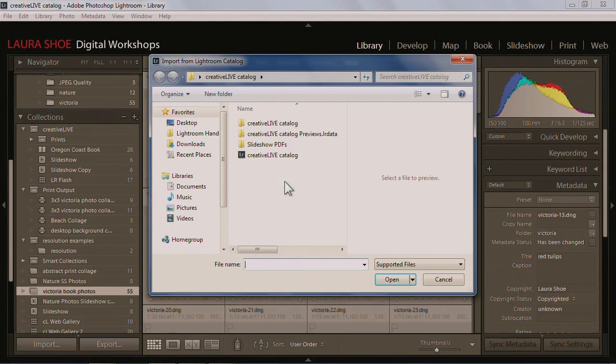Now, a Lightroom catalog folder has a lot of files in it, but what you want to select here is the LR-cat file. If I right-click on this and go to Properties, I would see that it's an LR-cat file, but really you know that because you have the Lightroom symbol here as well. So select your husband's Lightroom catalog, and then go ahead and open it